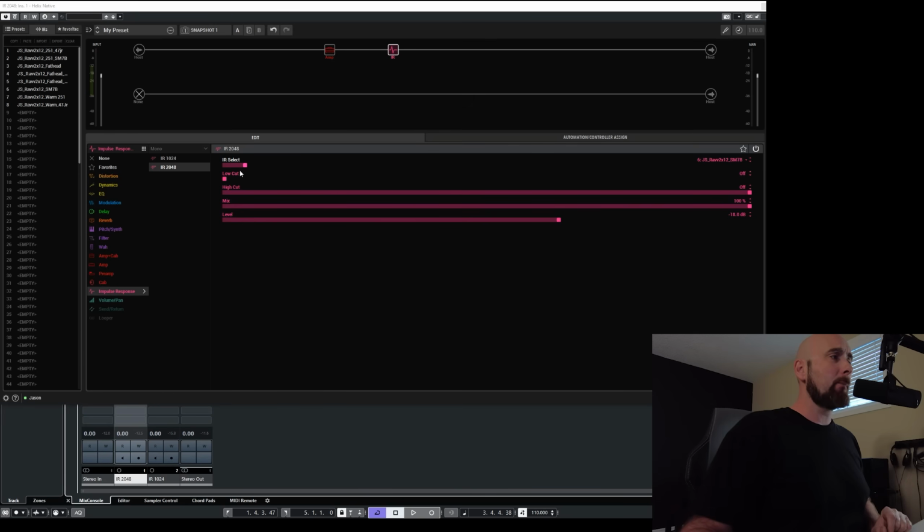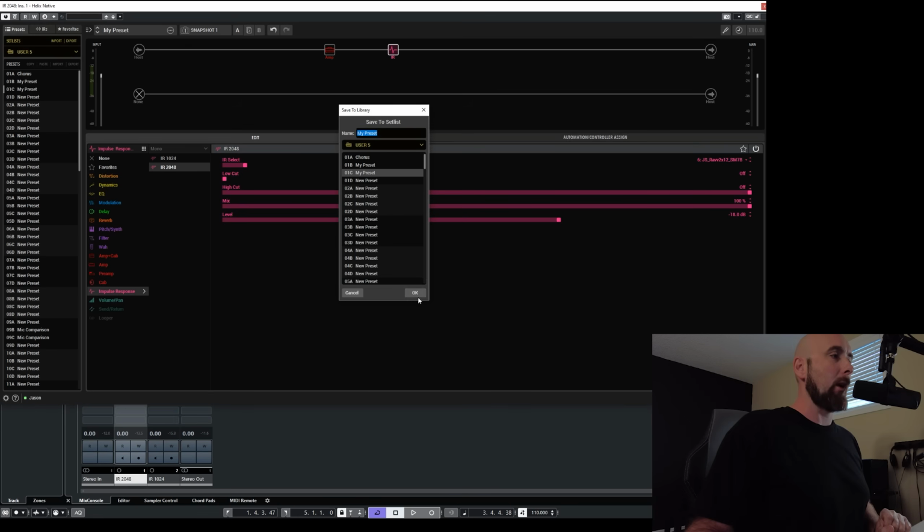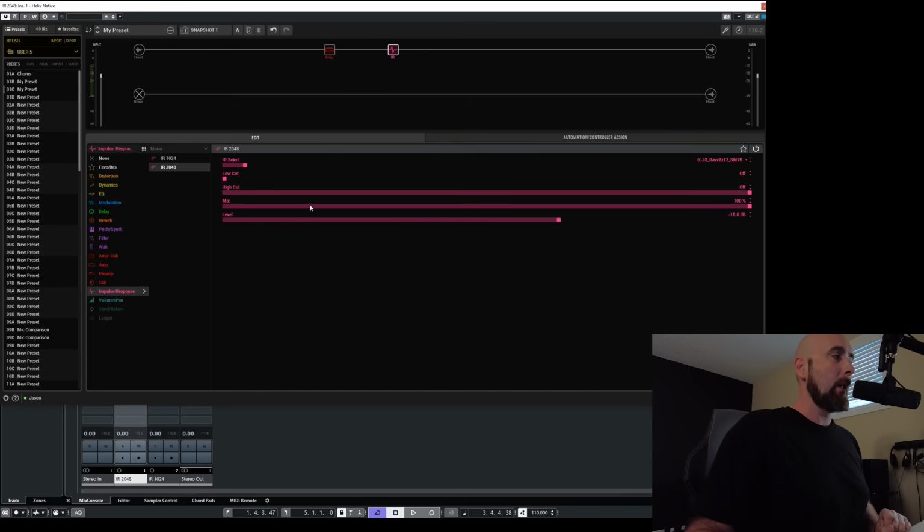Now, here's the problem. Some folks worry, what if I kind of reorganize my IR list here? And you say, well, what happens if this particular slot 6 IR gets moved? Well, let's take this slot 6 here, and I'm going to just copy it, and I'm going to paste it down here in slot 20. All right, so now, if I save this preset to my library, and I'm going to do that right now,